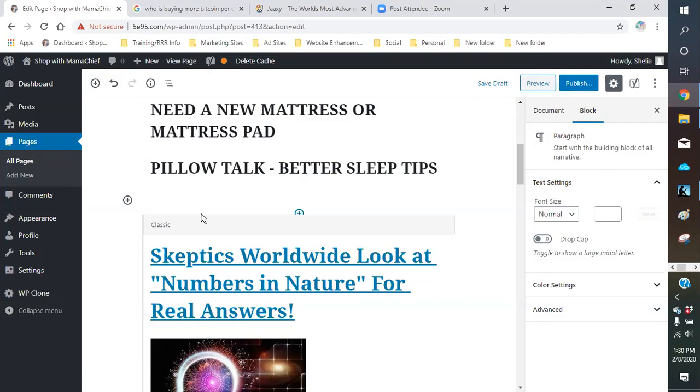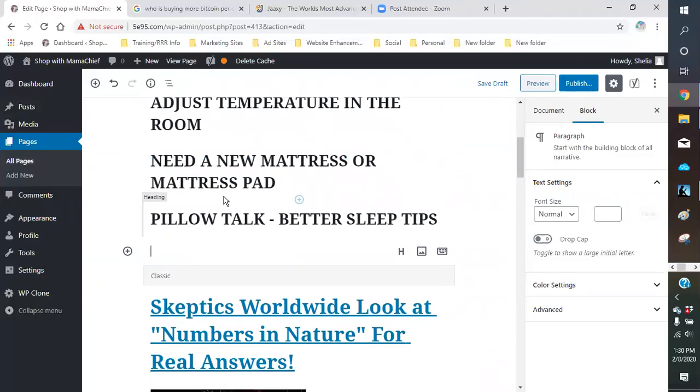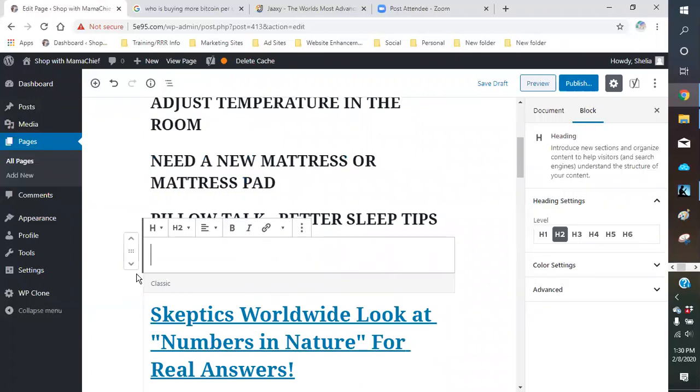That is going to go completely outside the norm from what people are thinking, but it's going to be an interesting topic that they're going to go, oh, what does she mean by that? And then next thing you know, they're reading your whole page, because it's something that sparked their interest. It doesn't matter if it's at the beginning, the middle, or the end, just something still relative to what your page is about, but also a little dramatic, so to speak. So again, I've talked about temperature, new mattress, pillow talk. So now we're going to go